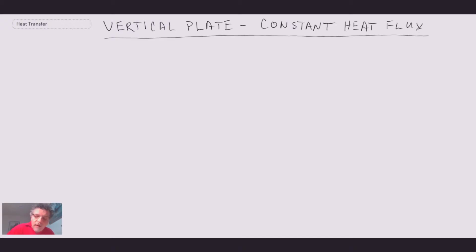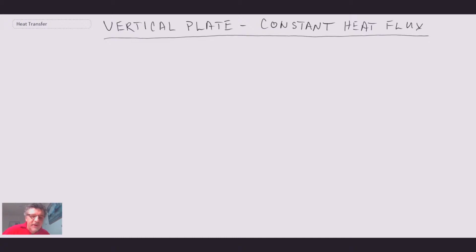In this segment, what we'll be doing is taking a look at the natural or free convection on a vertical flat plate under the condition of constant heat flux. So in the previous segment, we had correlations for either laminar or turbulent, vertical flat plate, or very large diameter cylinders. And those were all for isothermal flows. And in this case, with constant heat flux,